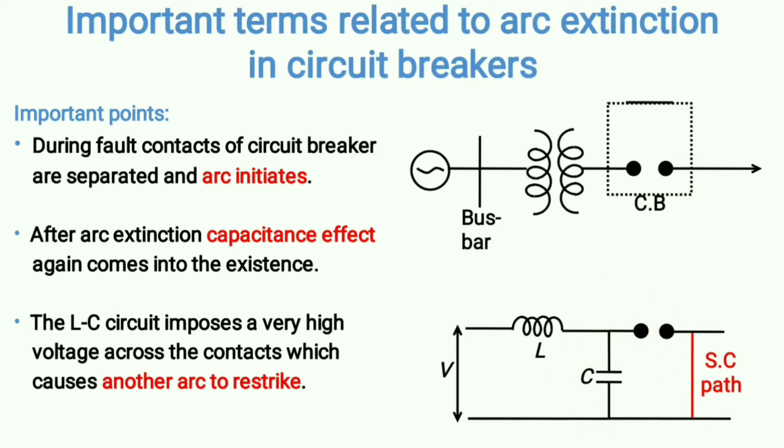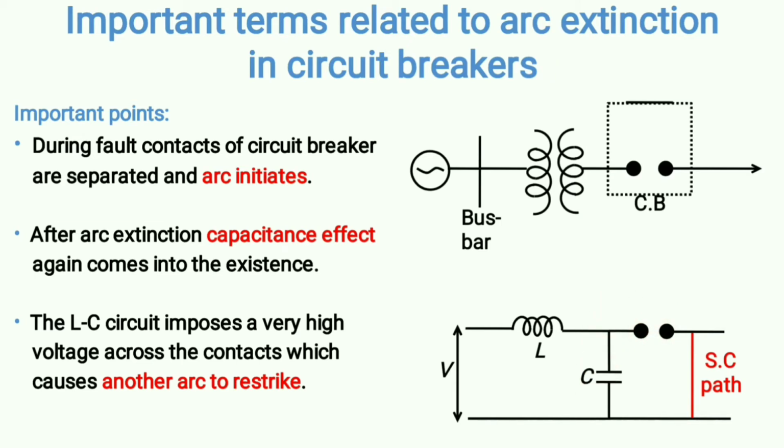Actually what happens is, the moment the arc takes place, that path becomes shorted, and that arc actually connects the circuit with the ground, and that is why the capacitance effect is gone at the moment of arcing, because now the circuit is directly connected with the ground, it is directly shorted by that arcing path. That is why there is no capacitance effect. But at the natural zero instant, arc is gone. So the moment arc is gone, this circuit again becomes open, and automatically then the capacitance will come into the picture.